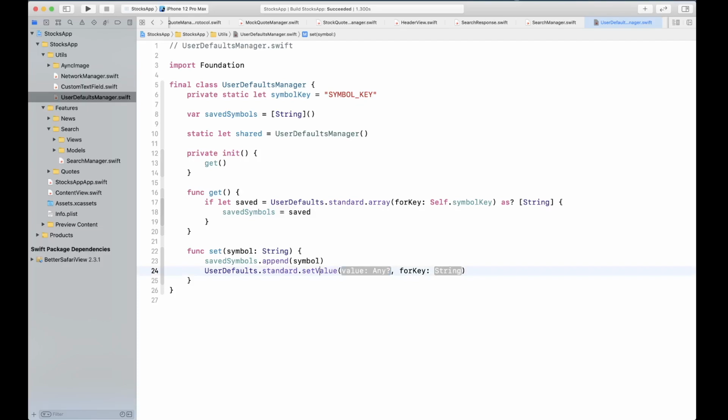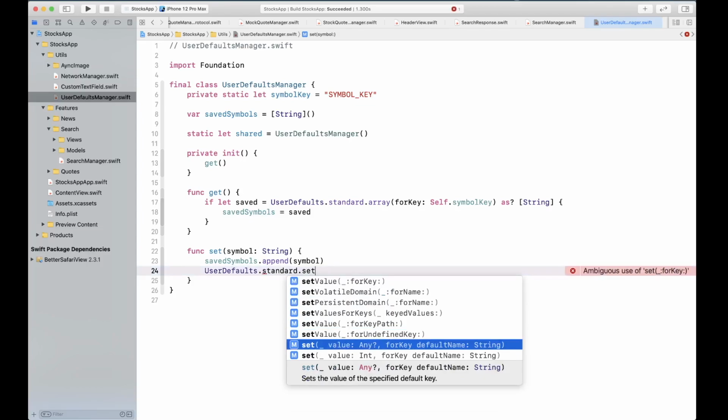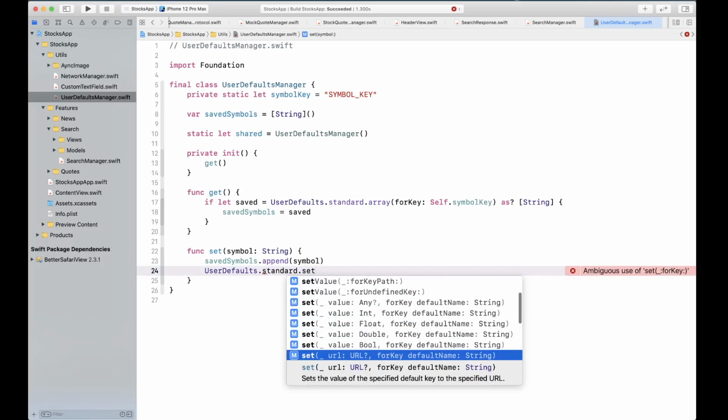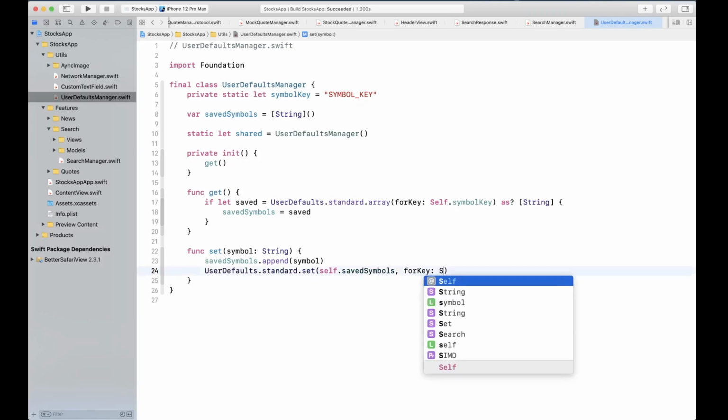It's just going to be calling dot set. Actually, we're going to use the set any. Okay, set self.savedSymbols for key Self.symbolKey.